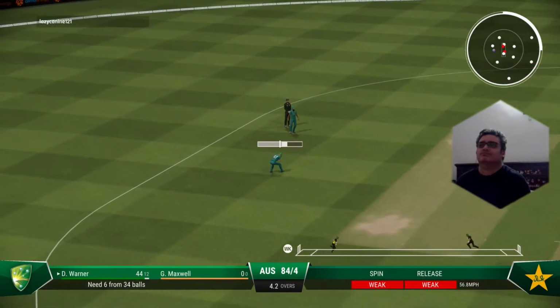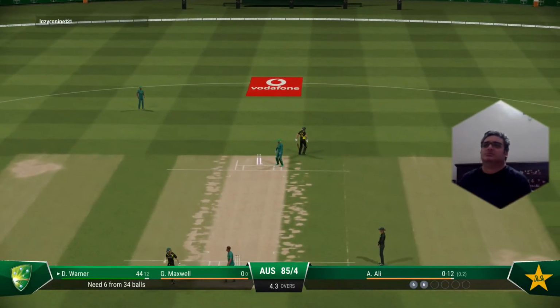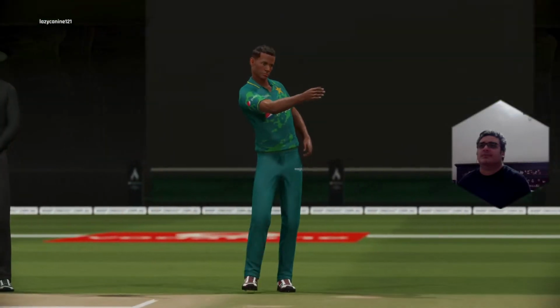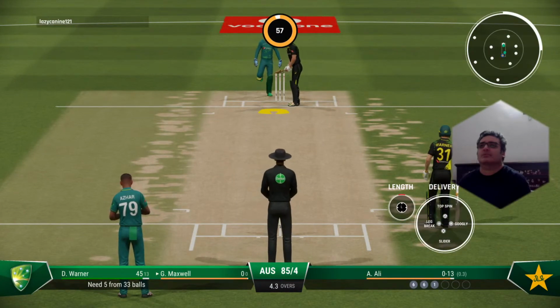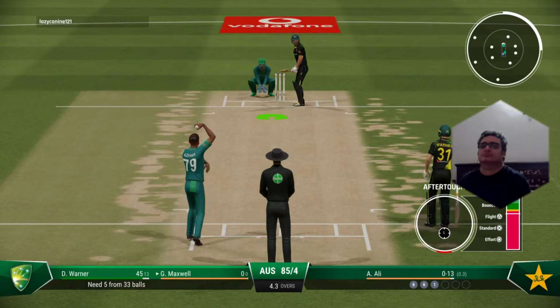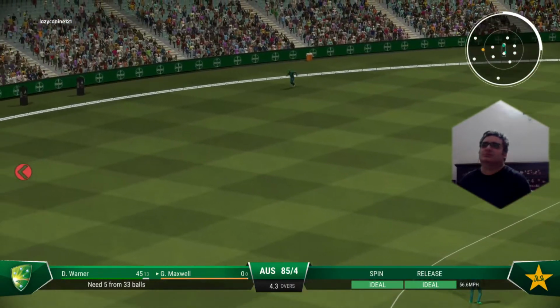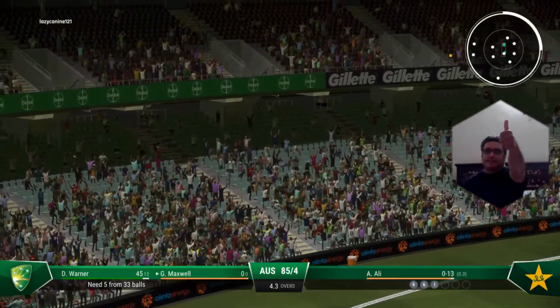Yep. Finds the field. Needs a direct hit. Well, the communication's not great between these two. There's a lot of hesitation in their calls. On that occasion, looking for a second. In the end, a good decision not to go through. Timed that brilliantly. Well played.